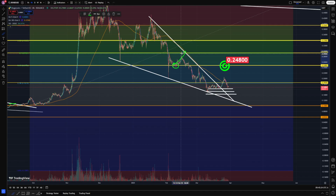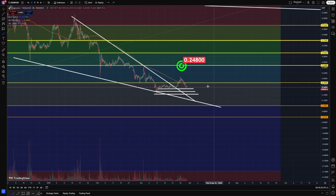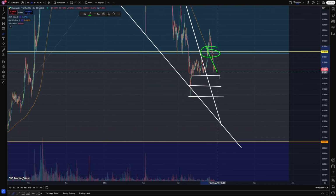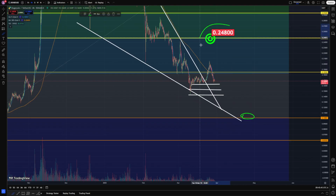Support right here, resistance right there, came down, found support right here a couple times, and then pushed to the downside. And right here, it didn't really give us support. It just kind of broke through it. So, like I was saying, once we break them going to the downside, I look at the next one going down. If we break it going up, then I start looking at the next one going up. And that's why I was kind of targeting